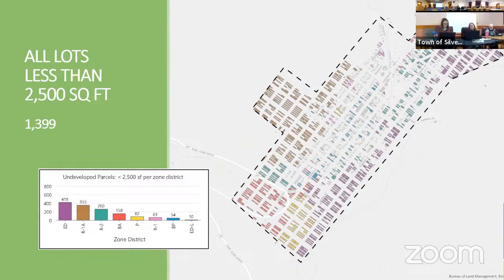We should consider that we have a code that says it has to be 5,000 square feet, and we're moving to a place where maybe we'll have a code that says it has to be 2,500. But the reality is that we don't have a lot of lots that are exactly that. We have a lot of lots that are just slightly less than that, and maybe that needs to be addressed at some point.